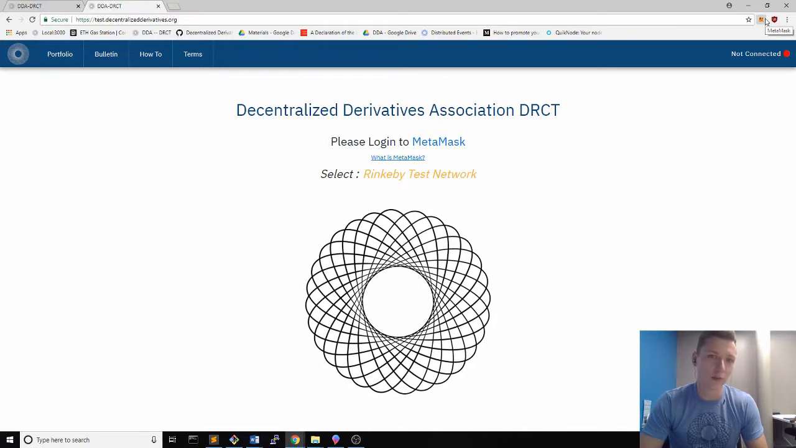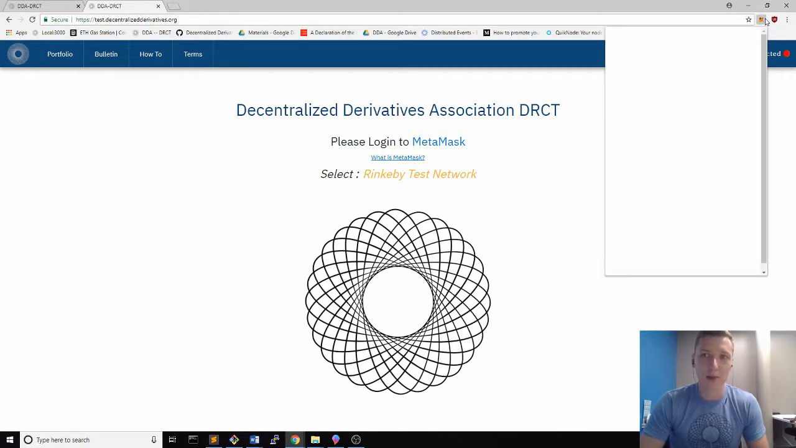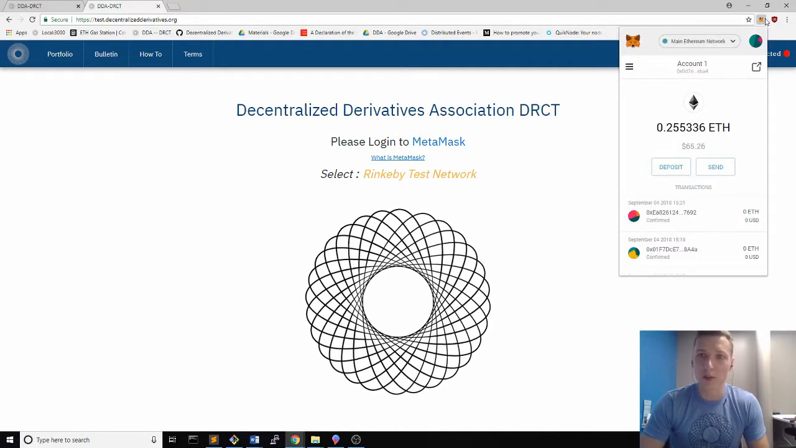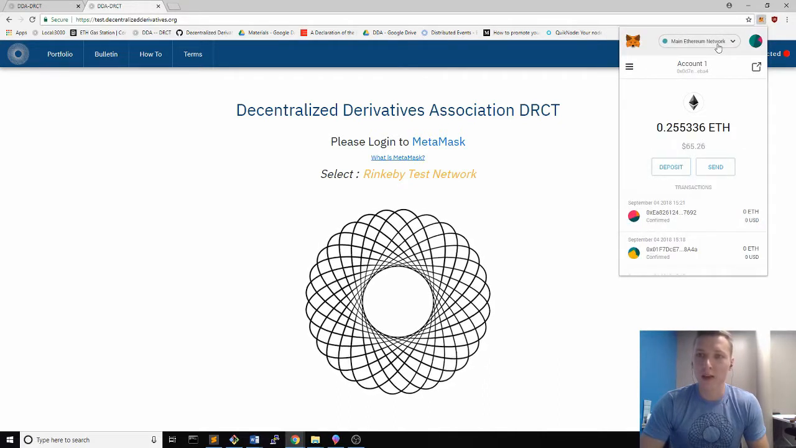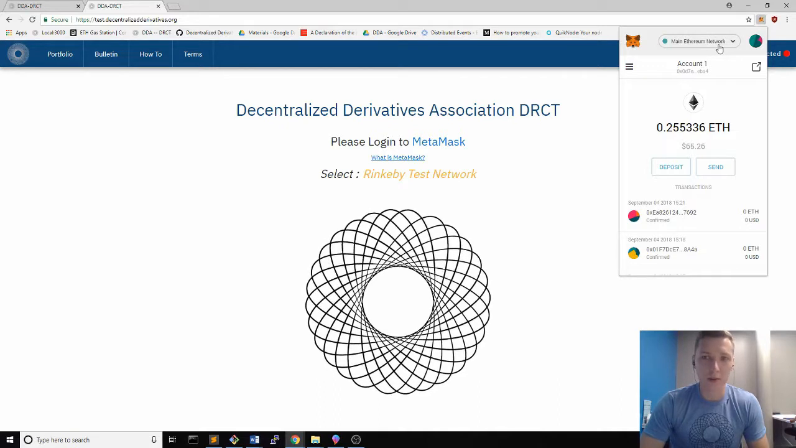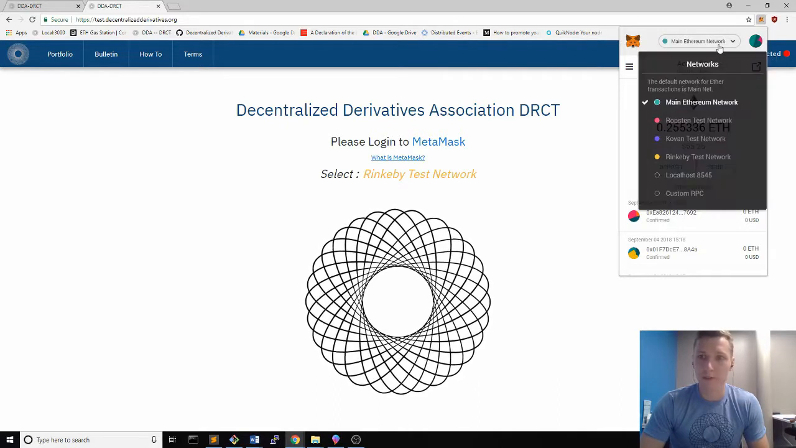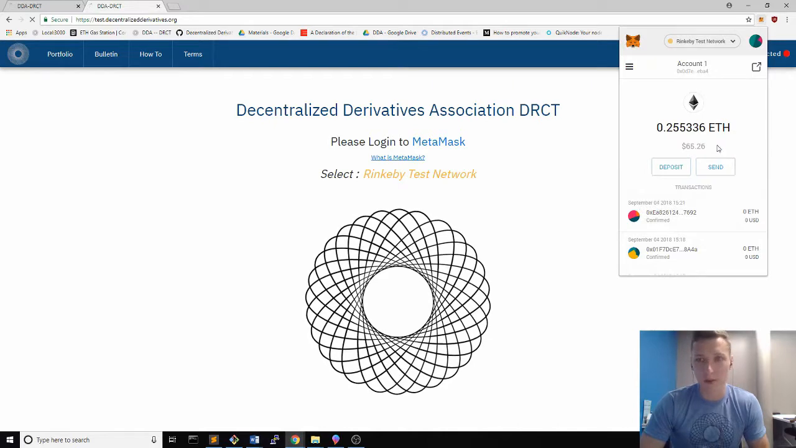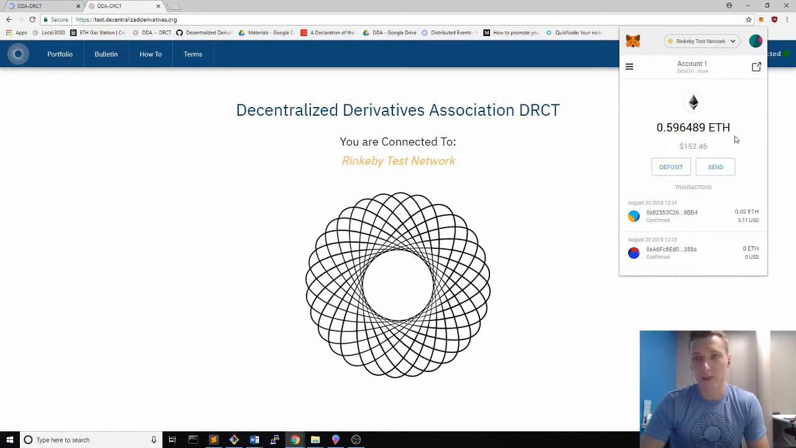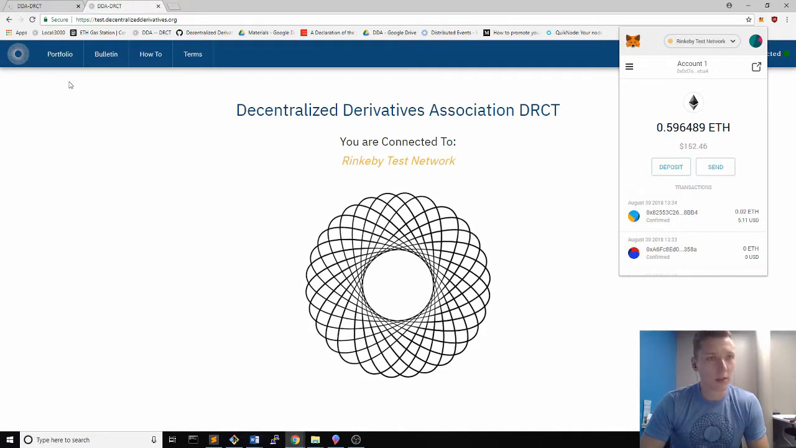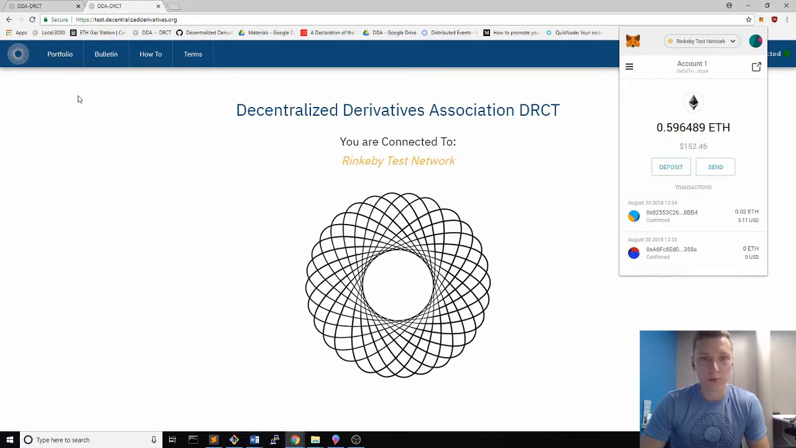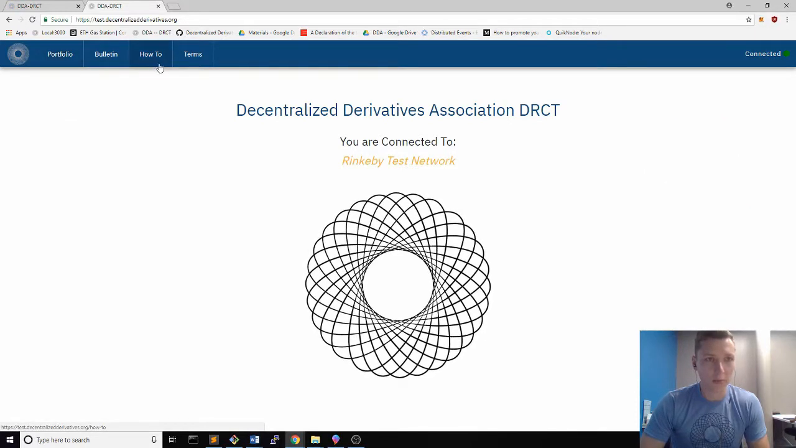First, what you're going to have to do is install MetaMask. MetaMask is an Ethereum wallet that is in your browser, and then once you install it, you're going to want to fund it with some Ether, and then go over to the Rinkeby test network, since this is on our testnet. Now we're going to go to our portfolio page,